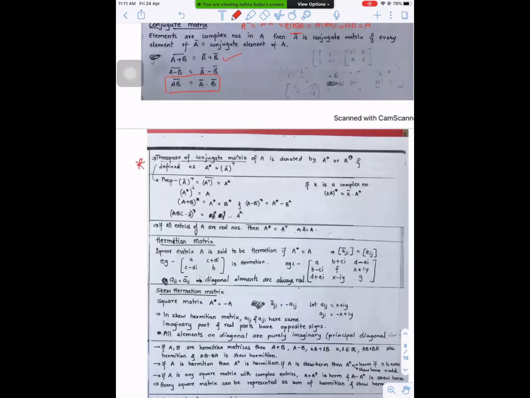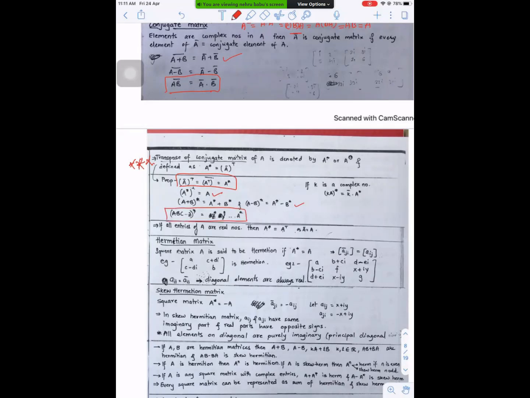Next, this A star is important here. This A star, or A power theta, represents the transpose of a conjugate matrix. So transpose of a conjugate matrix means we take the transpose and we take the conjugate, or we take the conjugate, then you can take the transpose. Anything is fine because (A bar) transpose is the same as (A transpose) whole bar. Both are the same only. So that we denote with A star. And here formulas: (A star) whole star equals A, and (A plus B) whole star equals A star plus B star, same like transpose formulas. Next, here reverse law is coming.